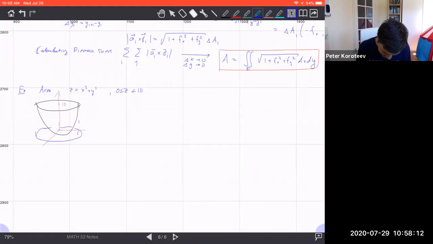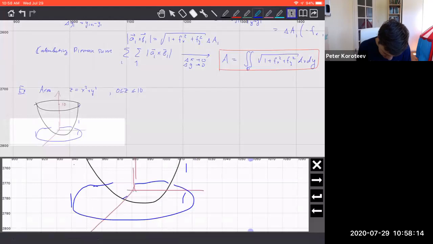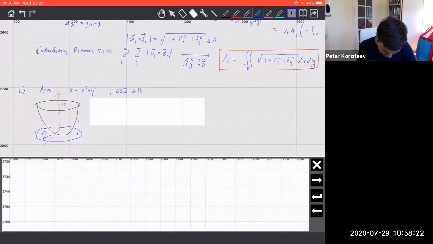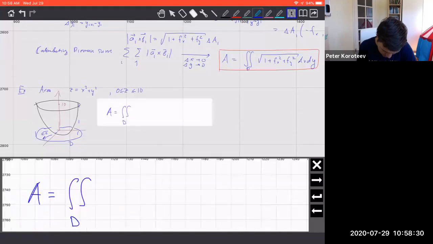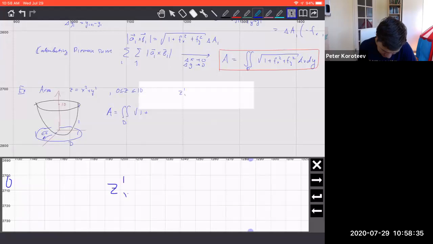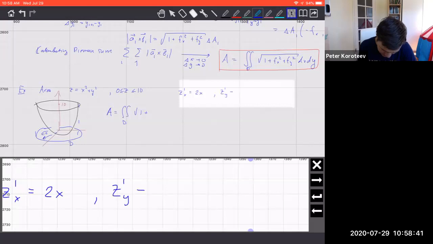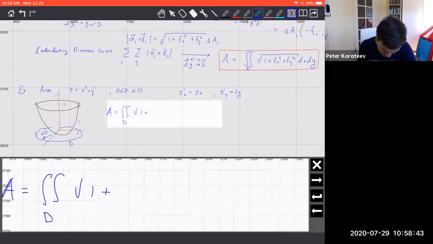It will be a disk of radius square root of 10. So we'll set up the integral over this disk D of the square root of 1 plus, and then the derivatives: z_x is equal to 2x, z_y is equal to 2y. It's 1 plus 4x squared plus 4y squared,